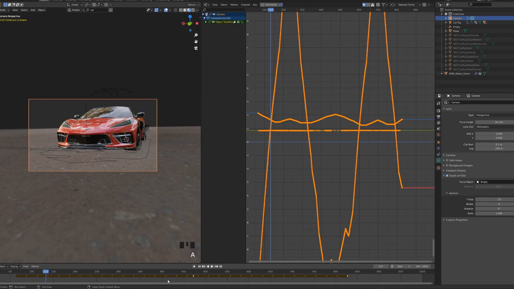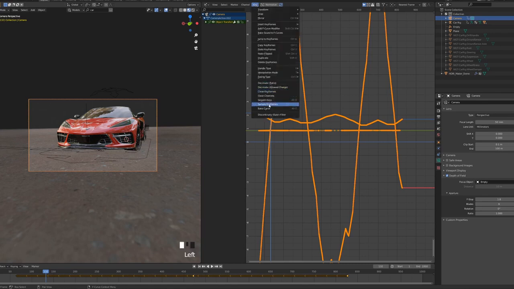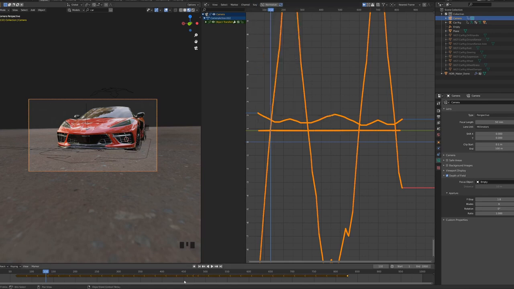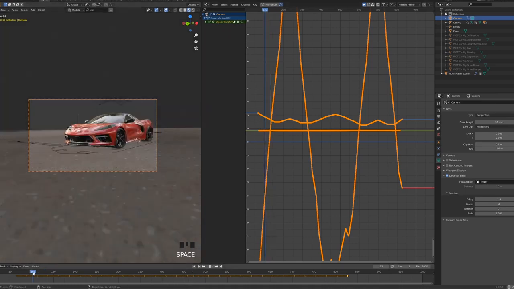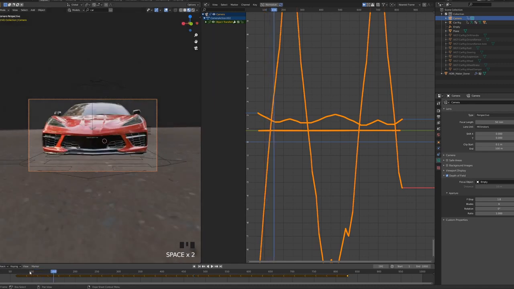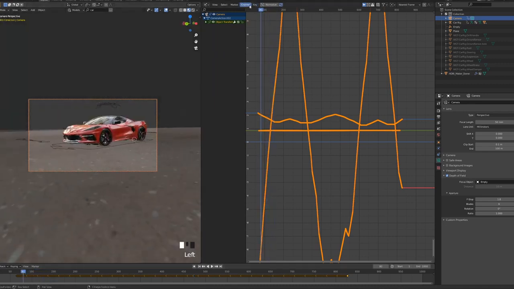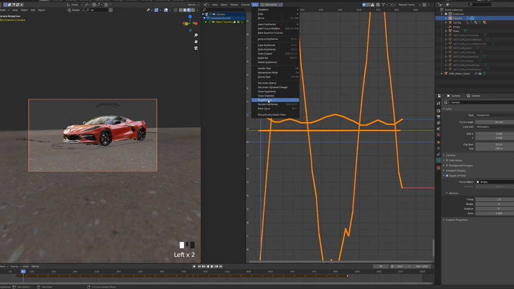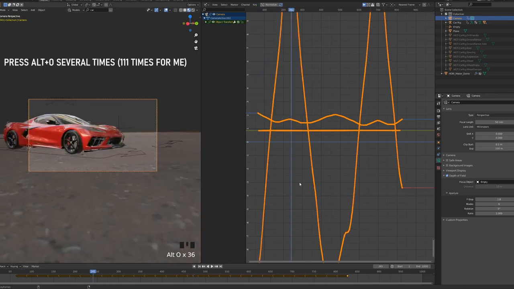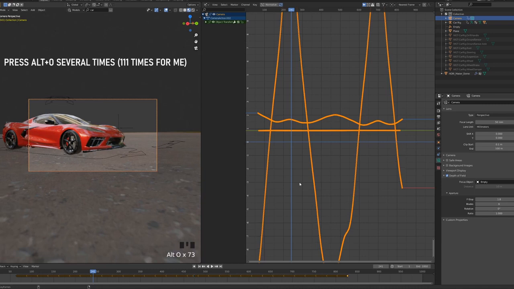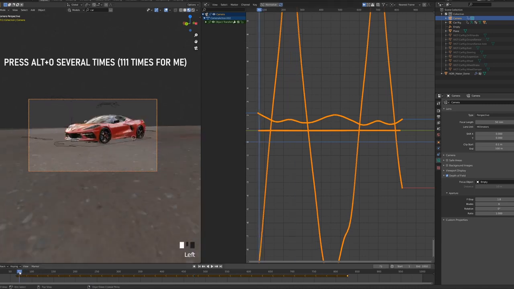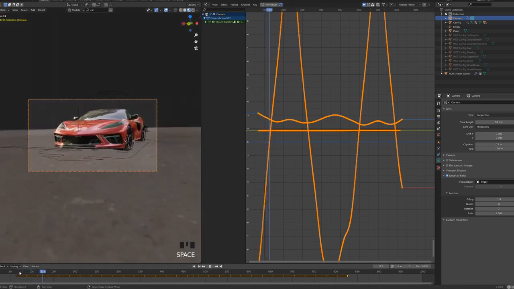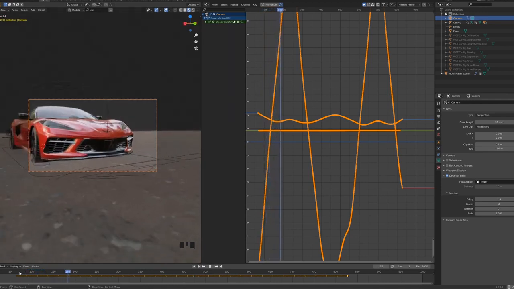And first of all, we have to fill the gaps because maybe here I can see that there are some keyframes missing. So you go in Key and Sample Keyframes. Okay, so now we have keyframes everywhere. And as I showed you, the animation is not very smooth. But now, if I go in Key and press Alt-O, if it's not enough, I can do it again. And now, very, very smooth and very easy, as you can see.